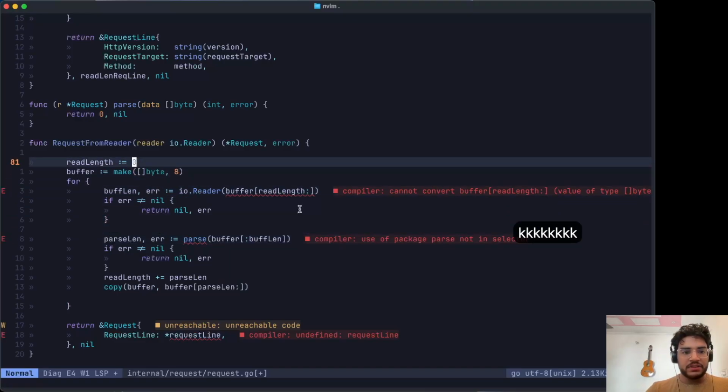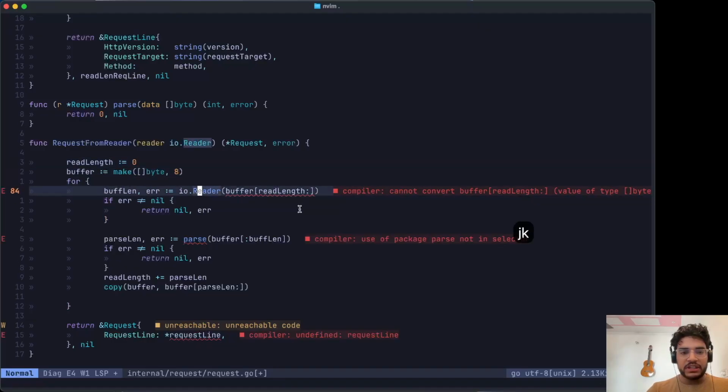So I'm starting with the, let me start again. I'm starting with the read length 0. Okay. So for example, if we are working with a 3 byte chunk at a time. So let's say I have a 3 byte chunk into buffer, which is not complete. Now I have a 9 byte buffer. For example, after 3 loops, I have 9 bytes of chunks,